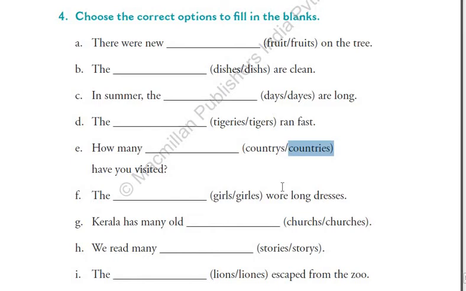So let me tell you, my dear students, that here the main word is country, only till Y. Correct. So it should end with S if you want to make it plural, or it should end with IES. So first you need to see it ends with Y, and the alphabet before the Y is R. It is a consonant, so it has to be replaced with IES according to the rule.